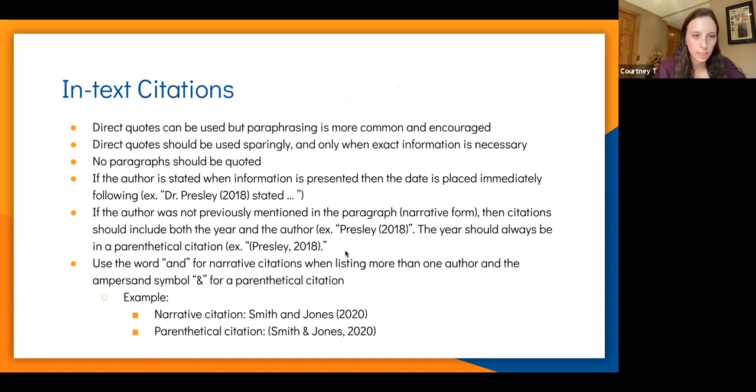So for in-text citations, direct quotes can be used, but paraphrasing is more common and encouraged. Direct quotes should be used sparingly and only when exact information is necessary. No paragraph should be quoted. If the author is